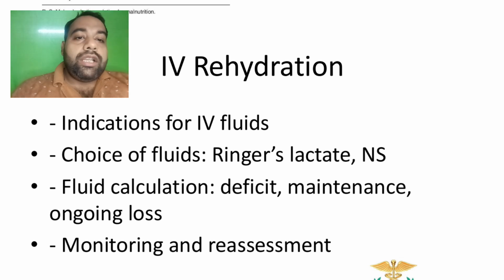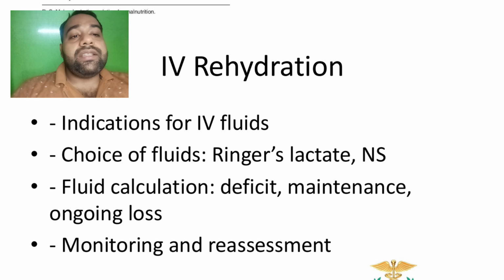Okay, so you do need to calculate the deficit and obviously maintain the ongoing loss as well. On average you can easily go with a rate of 20 ml per kg per hour, and you can start transfusing this amount of fluid for around 3 to 4 hours. After that you can go for